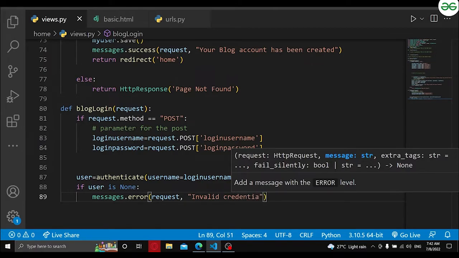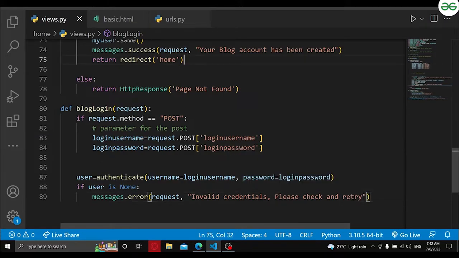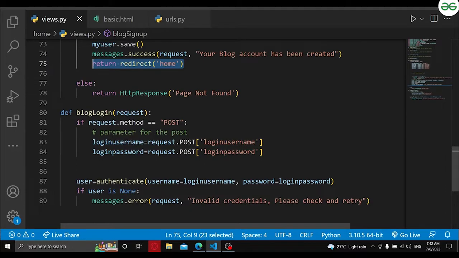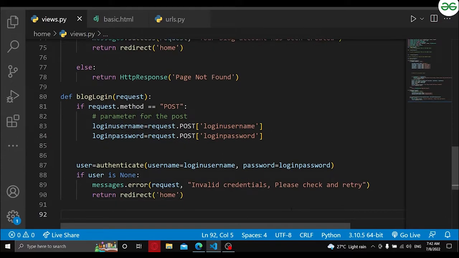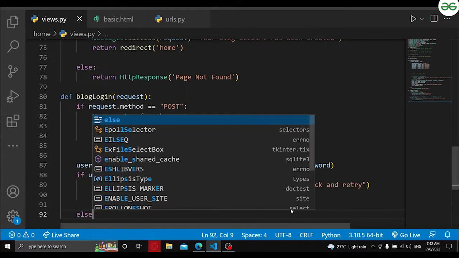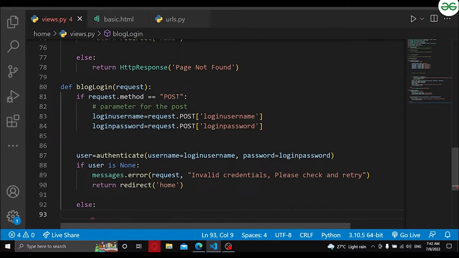Okay, the credentials they have entered are invalid. Please check and retry. I'll do this and then redirect them back to the homepage. And similarly, if the user is not None, that means if the user is present, then I can write here